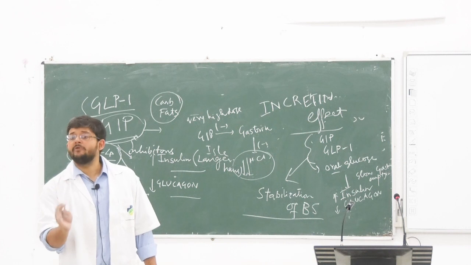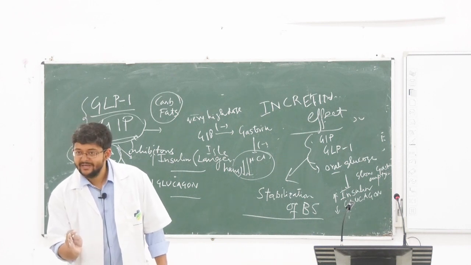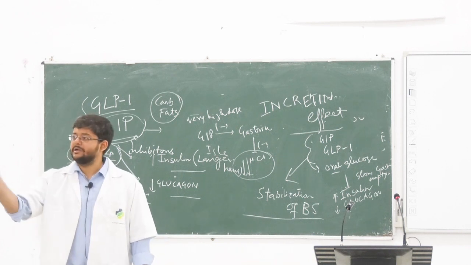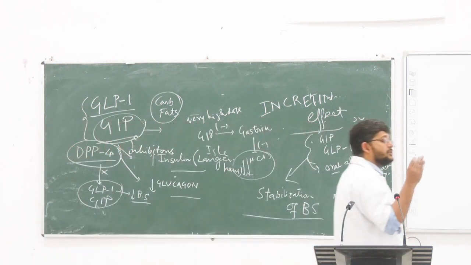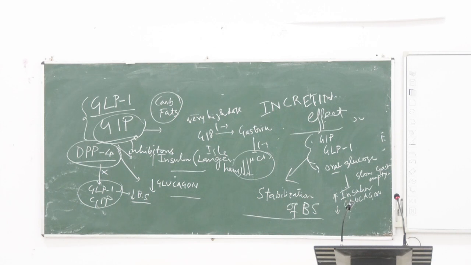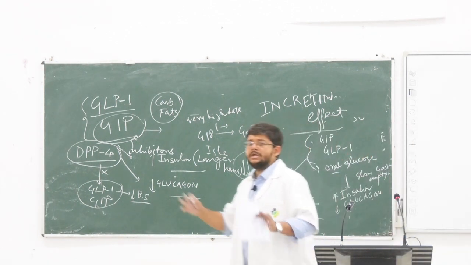they prevent the blunting of incretin effects by keeping the GLP and GIP stable in the intestinal environment. Clear everybody? So the incretin effect, I am saying again, is a complicated area. GIP, GLP1 were initially discovered in a different way. Initially it was seen that